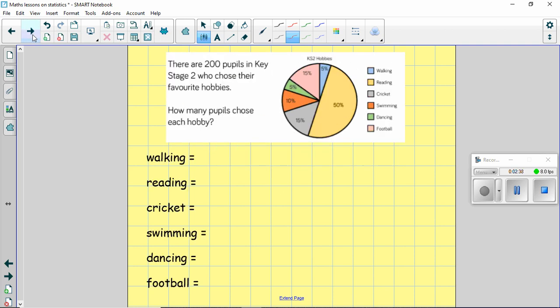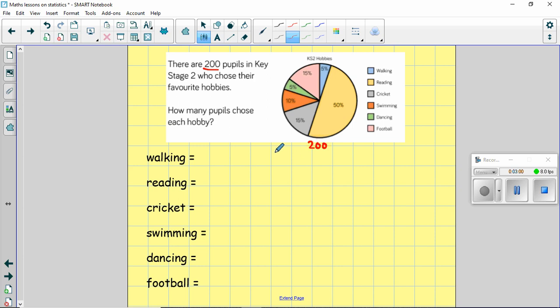Right, the next question. There are 200 pupils in Key Stage 2 who chose their favourite hobbies. How many pupils chose each hobby? So we've got walking, reading, cricket, swimming, dancing, football. Okay, so 200 altogether. So this pie chart represents 200